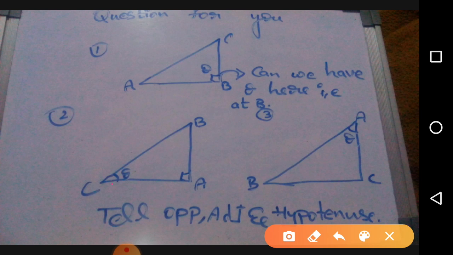Next, this is the given triangle, that is ABC, and do remember, we have to give the naming in a series, that is A B C. Similarly, you could see ABC. The right angle could be at any of the vertices, but we have to follow the series. My question is, as I have placed the angle over here, tell me what the opposite side is, what the adjacent is, and what the hypotenuse is. Similarly, if I have placed it over here, tell me what is opposite, what is adjacent, and what is hypotenuse. Let's move further.